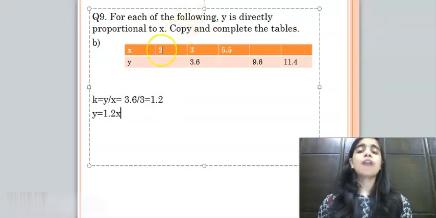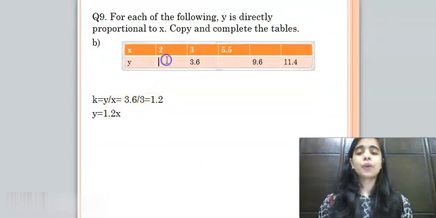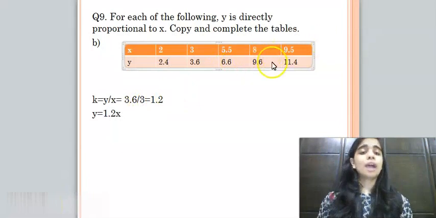Now, here we have the x value 2. So when we put this in place of x, our answer will be 2.4. Okay. And then the next x value is 5.5. So if I multiply 5.5 by 1.2, my answer will be 6.6. Now I have the y values and I need to find these x values, which I've written from before, so that you can check your answers if you have done this.